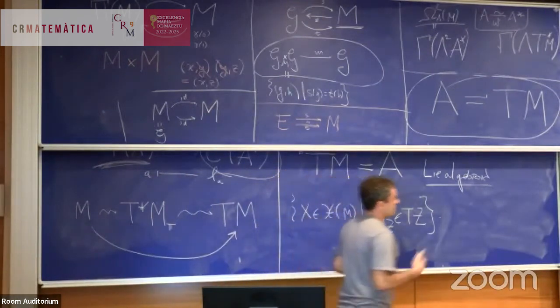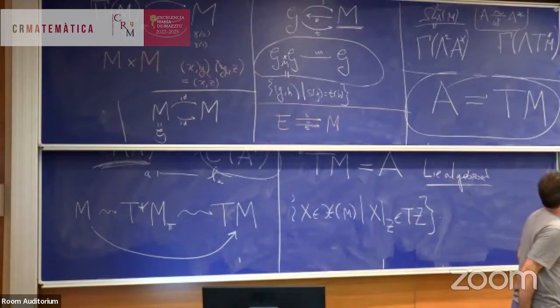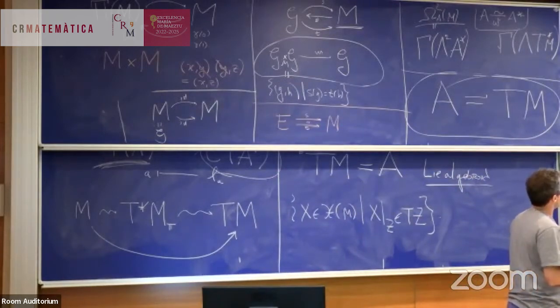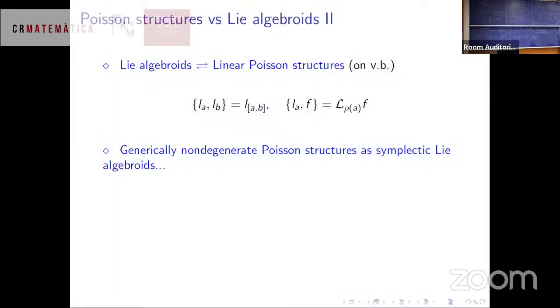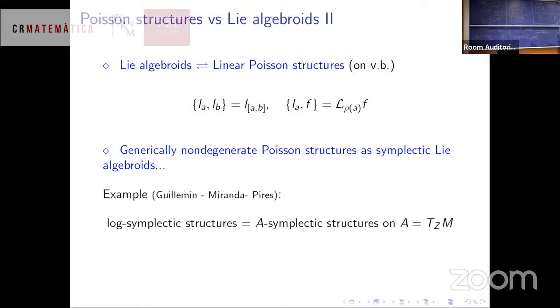Anyway, the second point of interaction, which is more recent but turns out to be very useful, is to understand several classes of Poisson structures which are generically non-degenerate. They are generically symplectic in terms of Lie algebroids. Okay, so an example is,